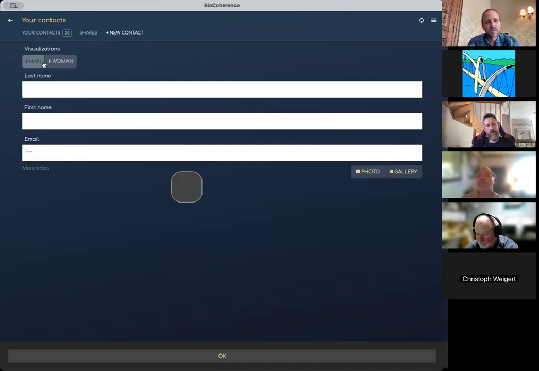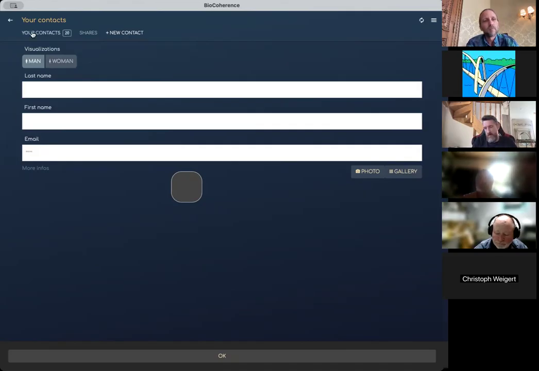So importantly, just say if it's a man or a woman, something to find it. If you want just to put initials here, you can. If you don't want to put the email, you can. It's your files. Just know that if you put the email, it will create an account on our server. And so you can share the report with your customer. And if your customer downloads the BioCoherence app and enters his email, it will tell him that he already has an account. And he can just receive his password by clicking on lost password,